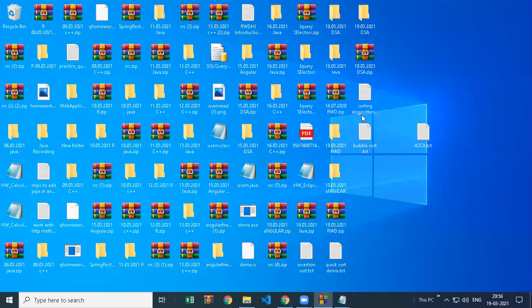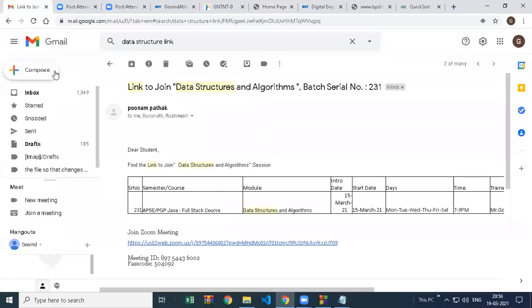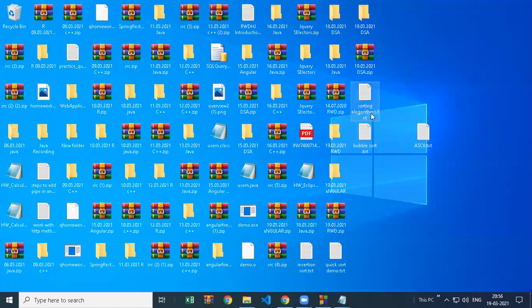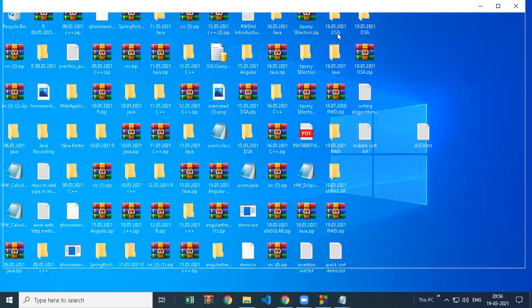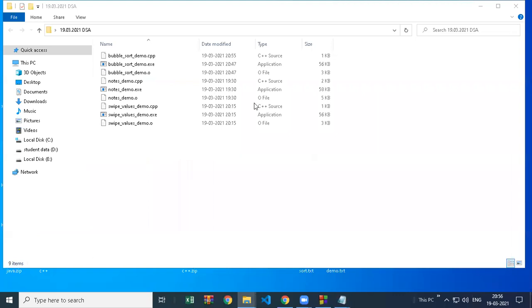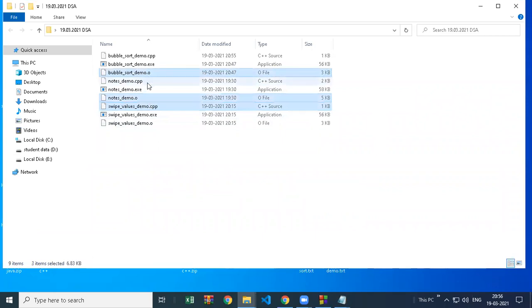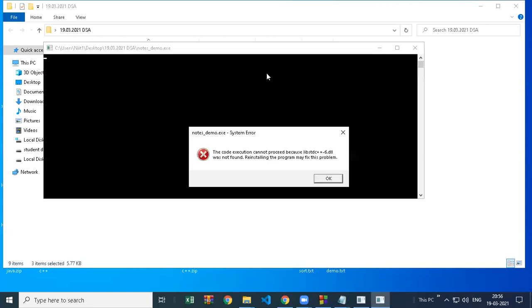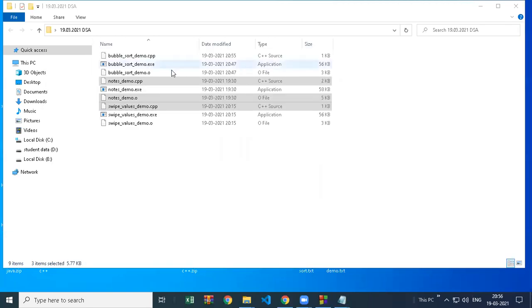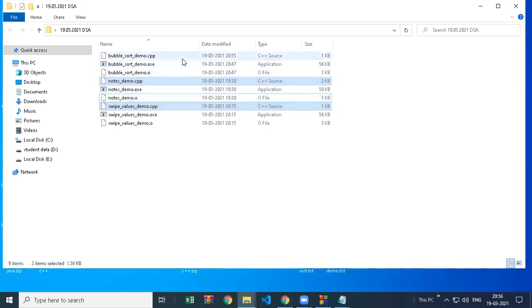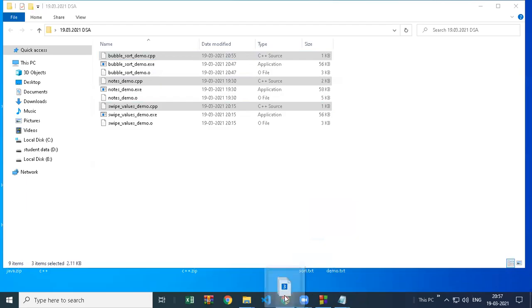I already shared the student ID and password for this DSA book, so you can go through this second chapter once. I want you to try the same demo. I already gave you one homework, the node demo; you can reduce the number of lines in that demo. We saw only two demos today, the bubble sort and the homework question. I'm sending all three to you.